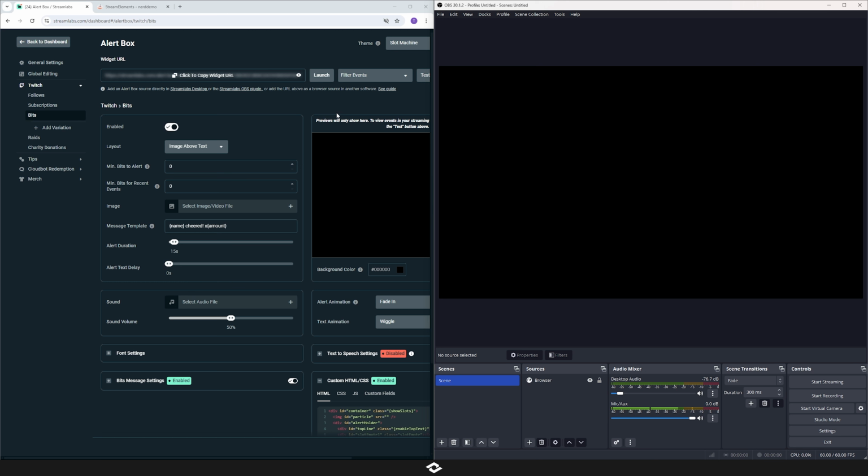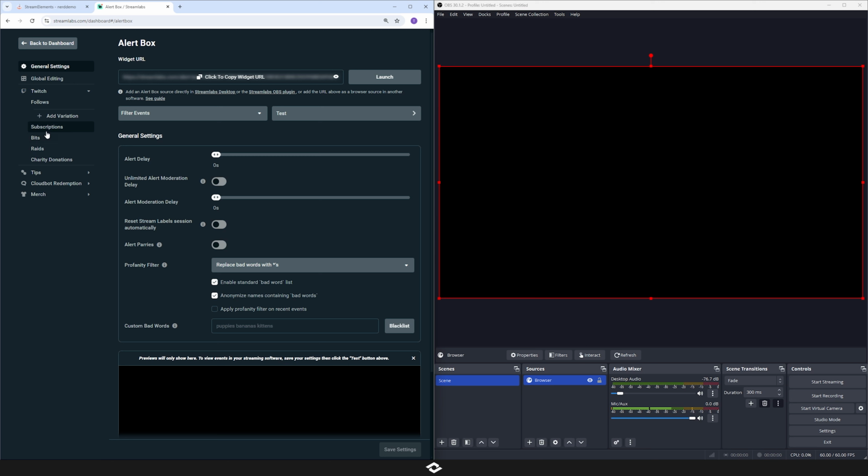If you just like it out of the box, you can pretty much leave it here and you're good to go with Streamlabs and StreamElements. And that's all you need to do. But if you want to customize it, I'm going to show you how to do that in just a second here. Before we get into all the kind of detailed options, though, really quickly, I just want to show you